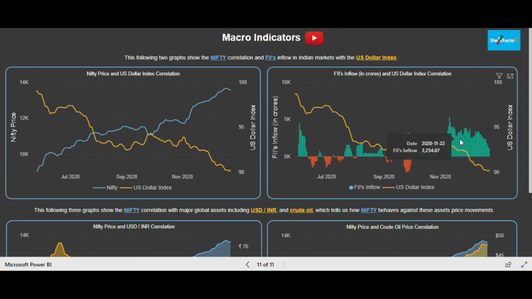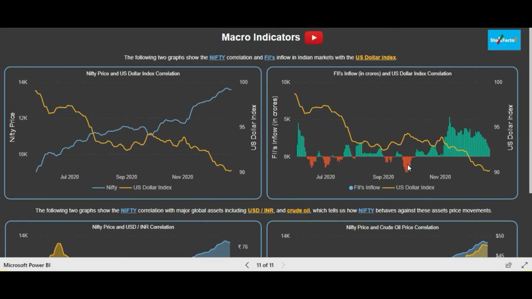Now friends, what is the reason behind this? Why does Nifty have a high negative correlation with the US dollar index, or why do FIIs put money in the Indian markets as soon as the dollar index falls? We'll discuss this in detail in a separate video in which we will understand this using historical data and proven analysis. I would highly recommend you watch that video in order to understand the reasons for this correlation and how it affects your investments. You will find the link of that video in the description of this video.